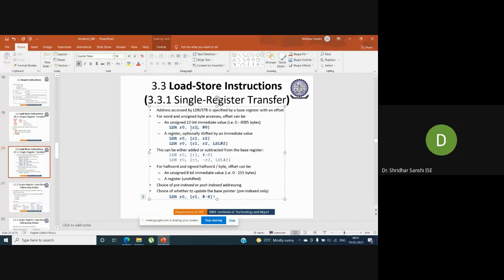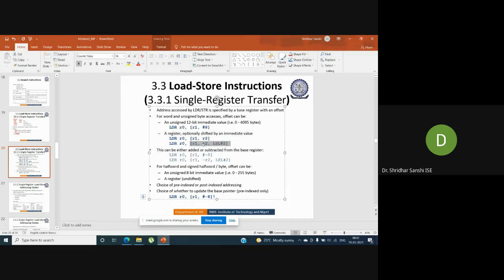For example, in this example, the base address which is there in R1, we are adding the value 8 to R1. So 8 indicates it is an offset. So base address plus offset value we are calculating, and whatever address results, the value at that address will be stored in the register R0, right? And also we can do some shift operations.